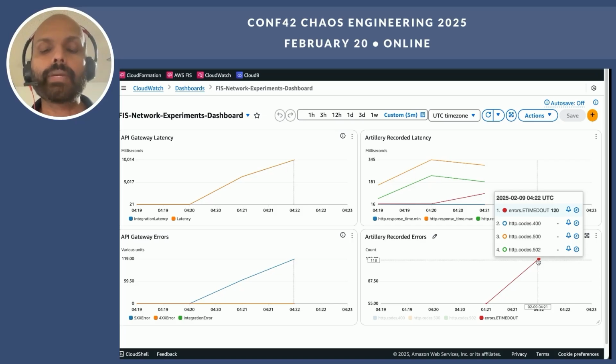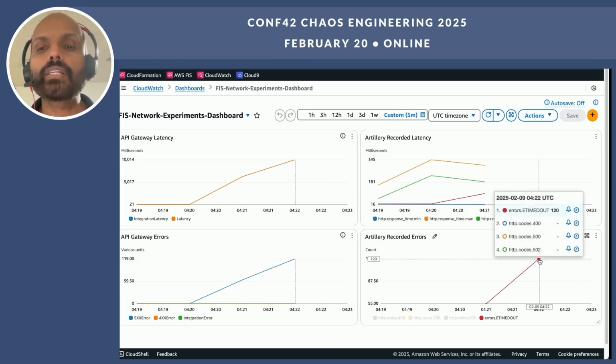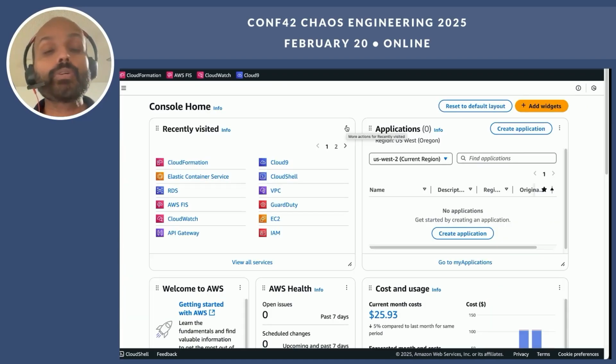We were expecting that in this case, our application would handle that timeout, that network black hole between our compute layer and database layer, and return an appropriate error code or error message or something like that. So this is an important observation of the application behavior that we want to go back to the drawing board and correct. Those are the two network faults that I wanted to show you today.